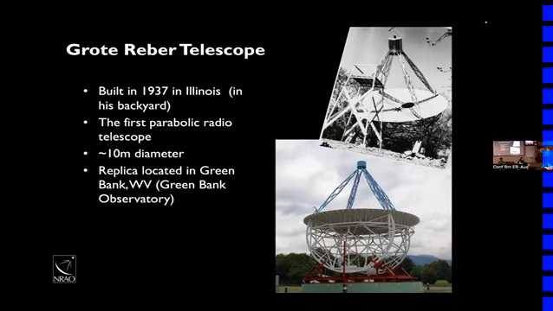So bigger than a sort of satellite dish that you see sitting in a field somewhere. And there's actually, I say replica here. It's not really a replica. It's a kind of a restoration, right? It needed major work. So I think a lot of the structural pieces have been replaced. But his actual telescope was moved to Green Bank in the 50s and has been there since.